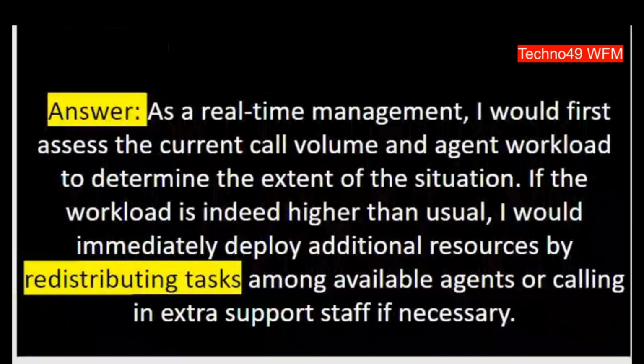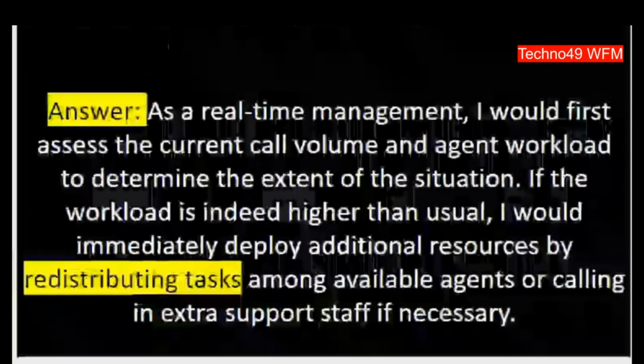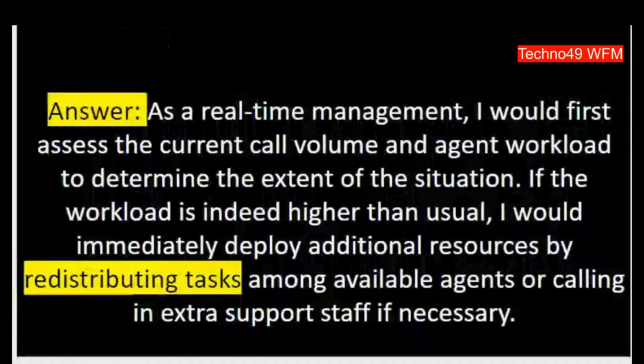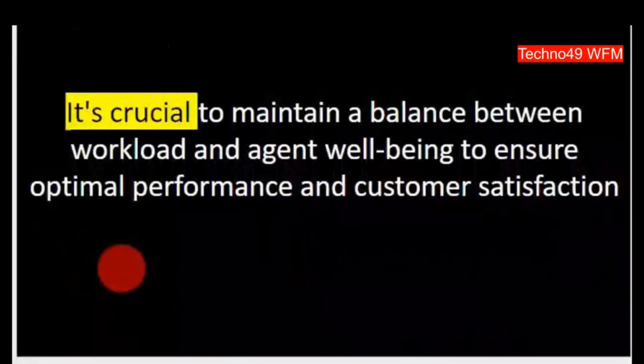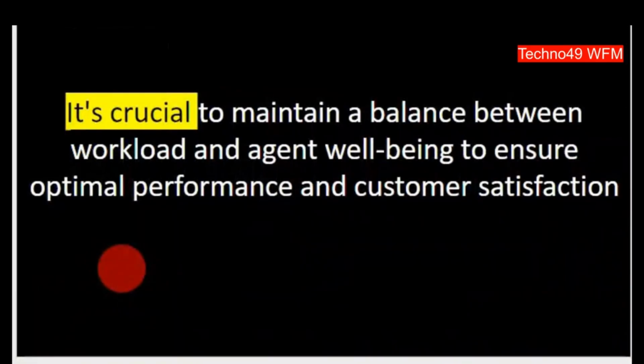If the workload is indeed higher than usual, I would immediately deploy additional resources by redistributing tasks among available agents or calling in extra support staff if necessary. Apart from that, it is crucial to maintain a balance between workload and agent well-being to ensure optimal performance and